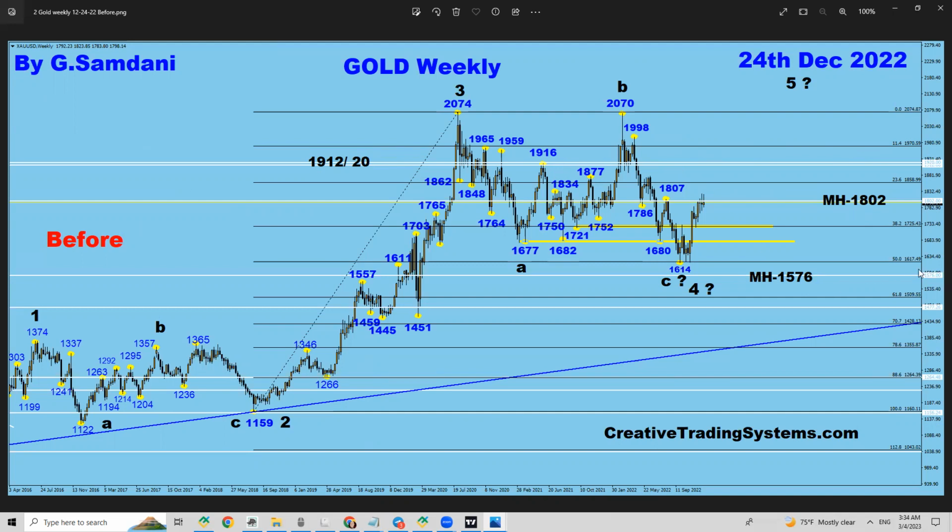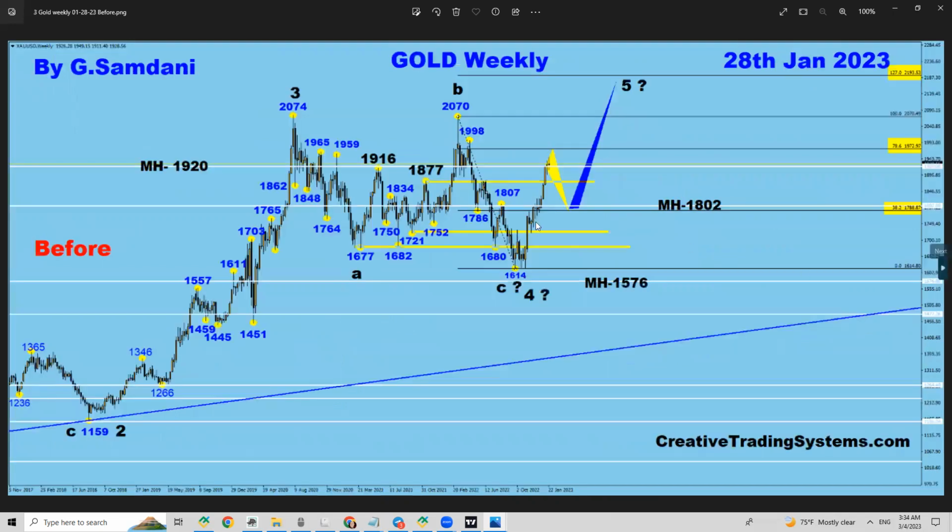So now the next chart was, boom, it went up there. See this, 1802, it broke above it, and then straight went to this band here, 1920. Now I was saying that here, with the yellow bands, I said this yellow mark here, or it may go all the way here to 1959, 1965 or 1972, 78%. And then from there, it's going to drop back to 1802. That was my take on January 28th.